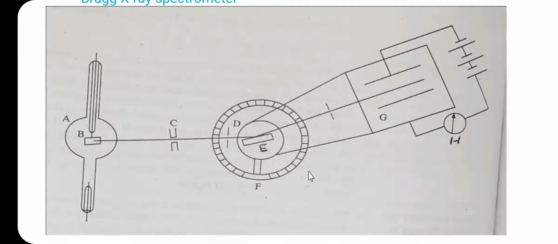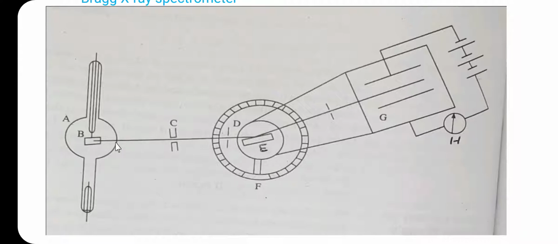The Bragg's equation is used to calculate the magnitude of d, and all of you know that in the Bragg's equation, theta is the glancing angle. A beam of X-ray of definite wavelength is generated with the help of the X-ray tube. These X-rays pass through a series of slits and screen, such as C and D, to give a sharp and monochromatic beam.